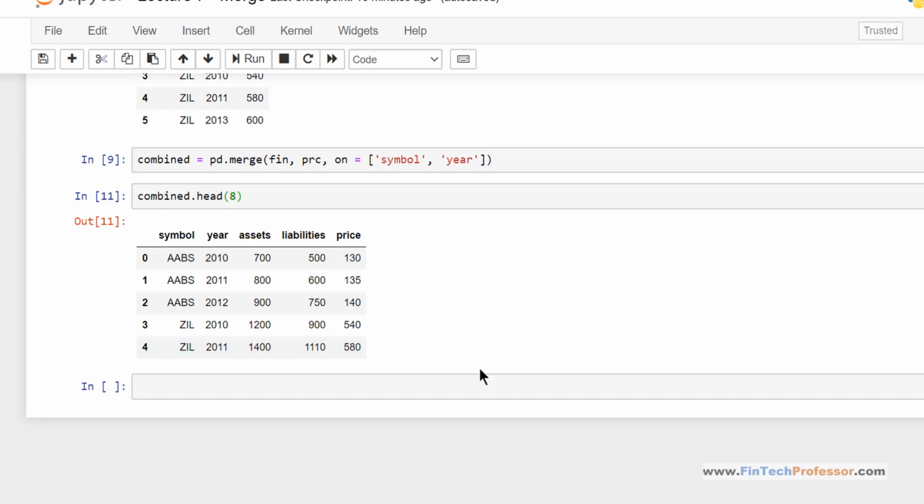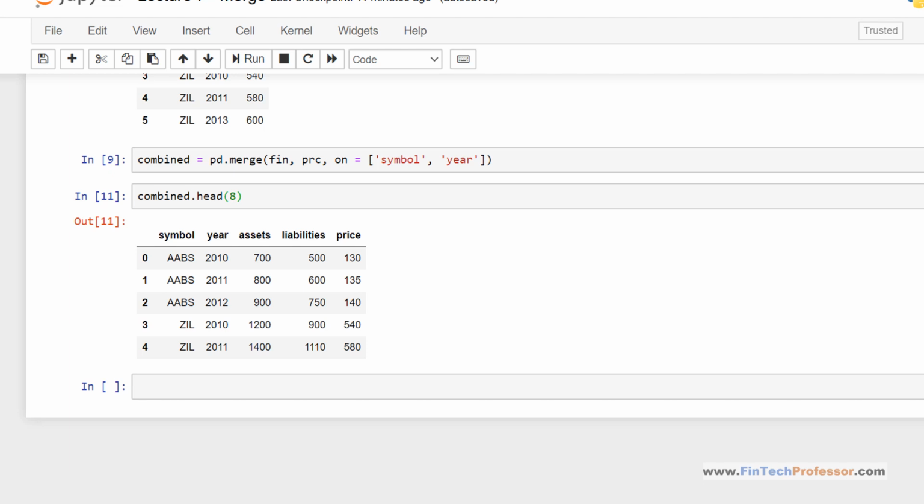So why did this happen? The merge that we used is called inner merge. Inner merge will keep only those records which are present in both the data sets.